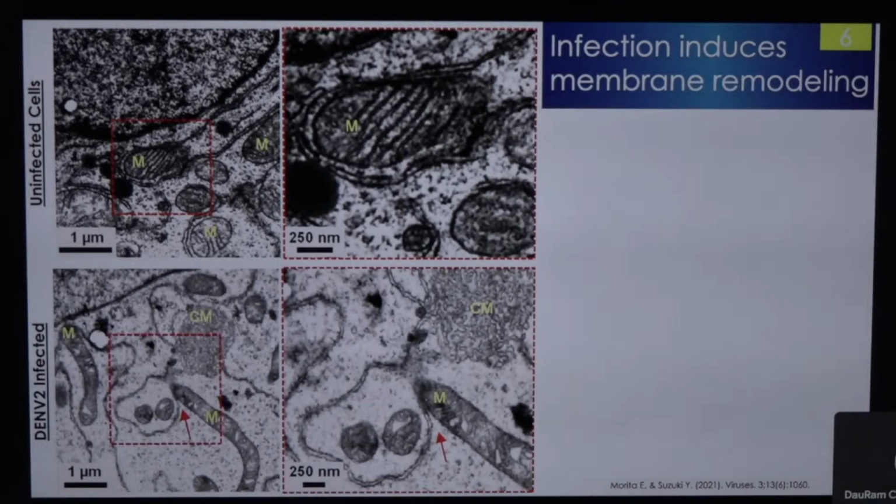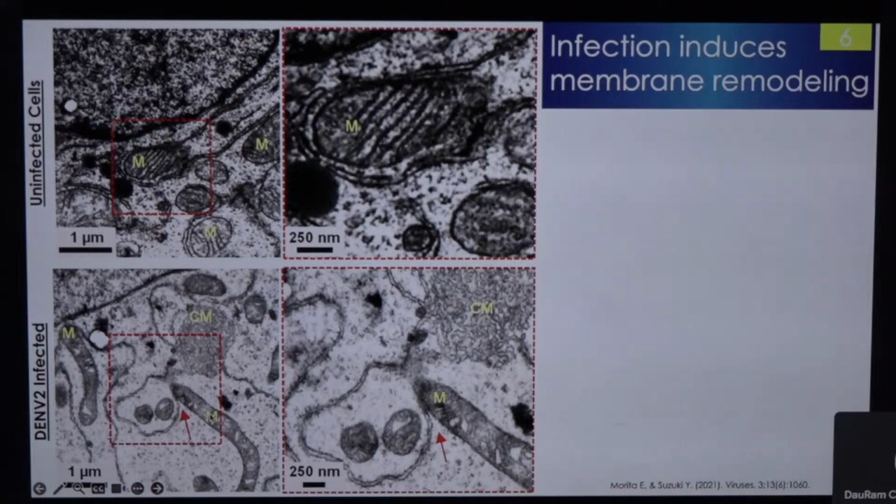But when you infect the same kind of cells with dengue virus, or dengue virus serotype 2, you get these massive membrane structures, called convoluted membranes, that can send out these little tendrils that touch mitochondria, that touch the endoplasmic reticulum, and even the nuclear membrane. And there's this massive exchange of different lipids occurring between these convoluted membranes and the mitochondria and